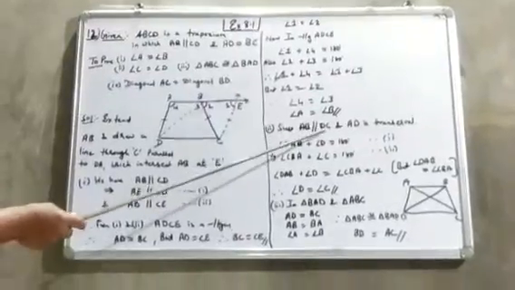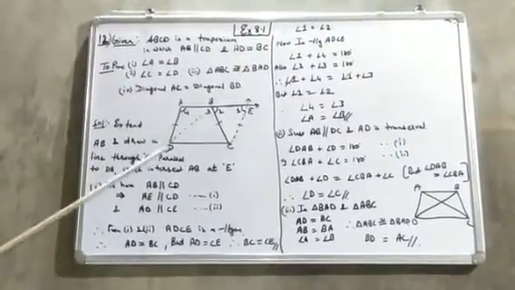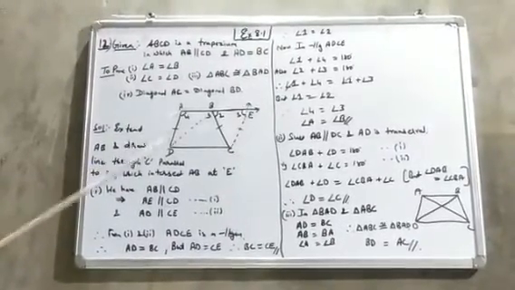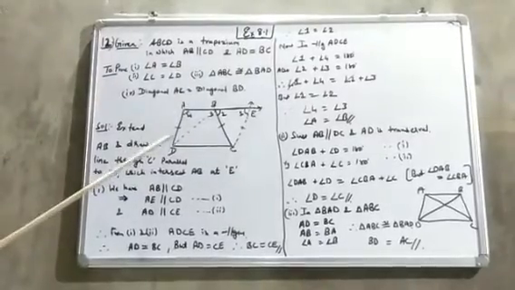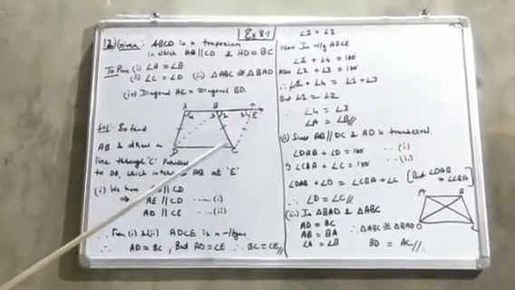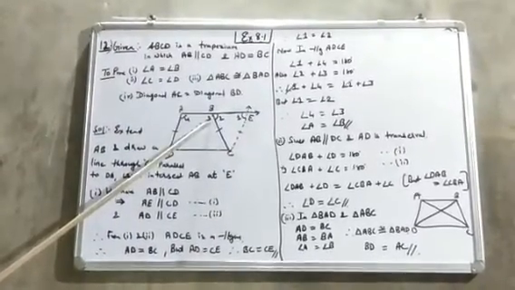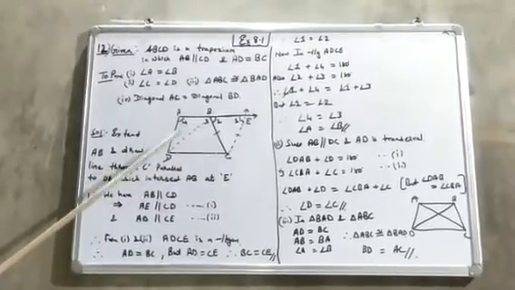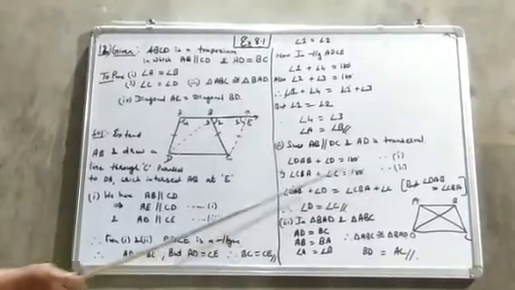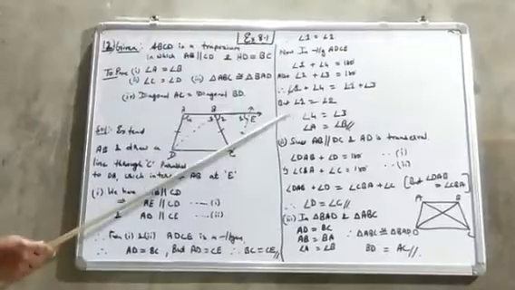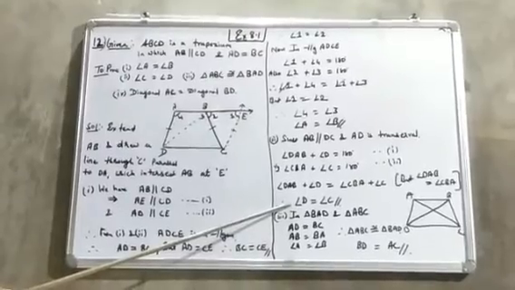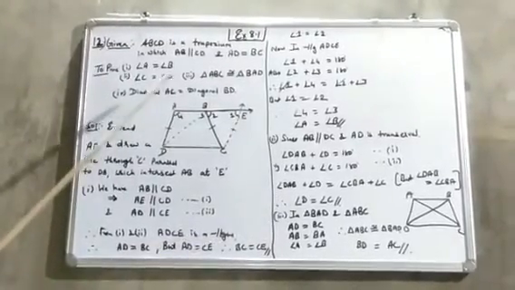Now come for AB parallel to DC. AB is parallel to DC and AD is the transversal. So can I say angle DAB plus angle D, the addition of these two angles will be 180. In the same way, angle C plus angle CBA will be equal to 180. Angles on the same side of the transversal. Both will be 180. Equate both of them, but we know these two angles are already equal, which we have proved above. So both the angles will be cancelled and we will get angle C is equal to angle D. Now this is our second proof.